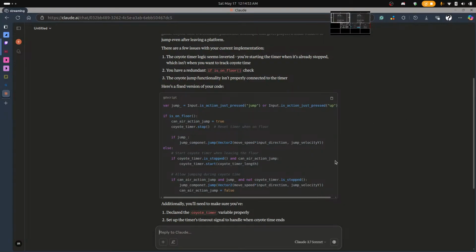Alright, so if it's on the floor, coyote timer dot stop. If they press jump, then jump. Else, if they start the timer,